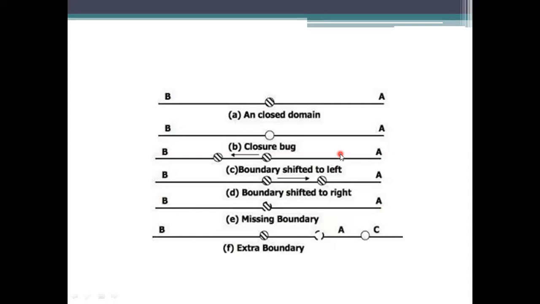Within the closed boundaries, what it is doing is shifting for processing. Means they have been shifting from left to right, adding some extra boundaries to the processing, and also providing the missing boundaries. See here, A and B are having values, but we didn't mention from where to where AB will access the data, and from where to where it will provide the data. We didn't mention the processing here.